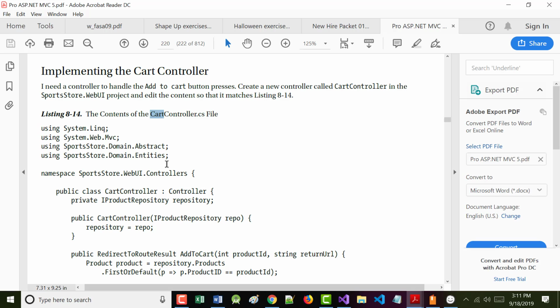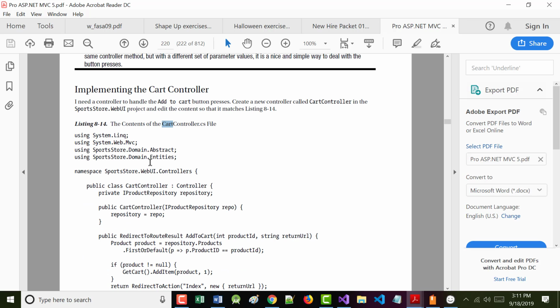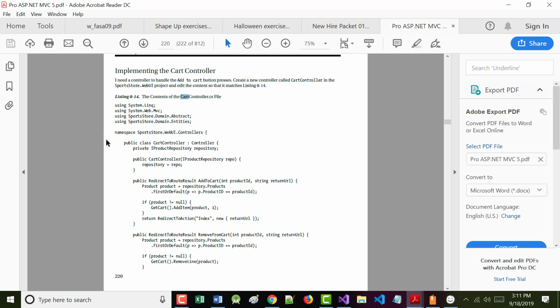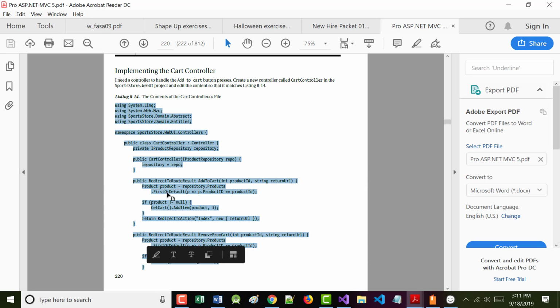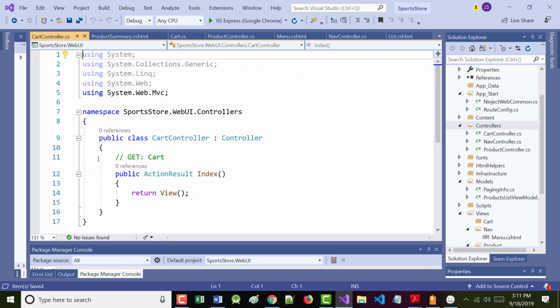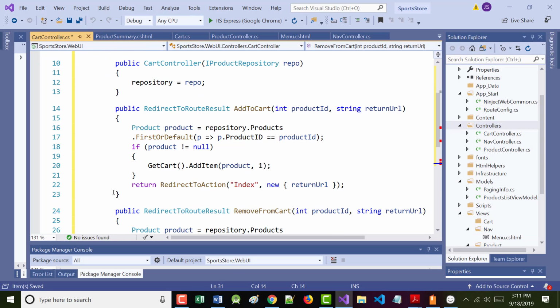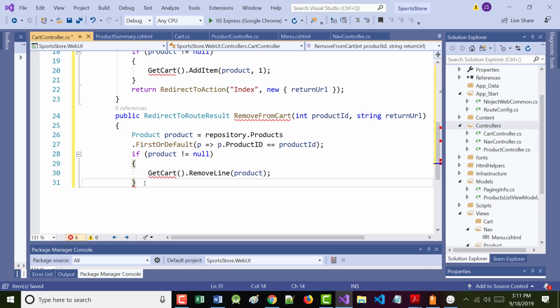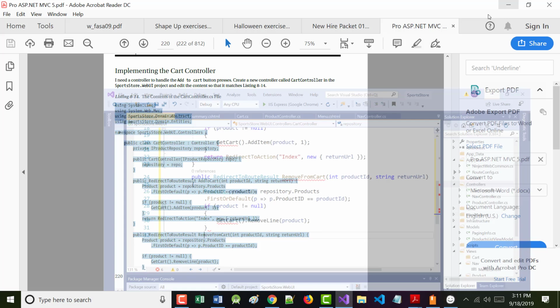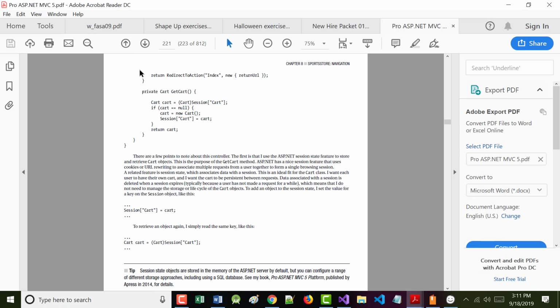So here's the stuff on 220. Let's add it, then come back and take a look at it. Again, I'm going to get errors now because it's not complete. All right. And then let's go up to the top of the next page.